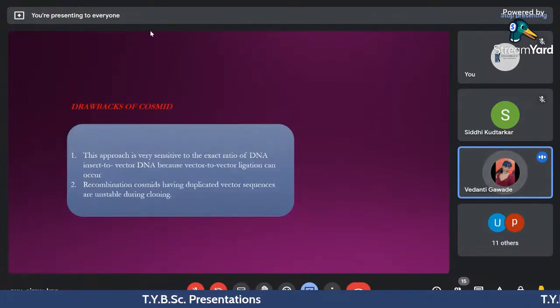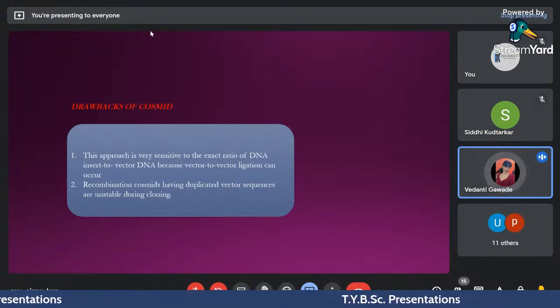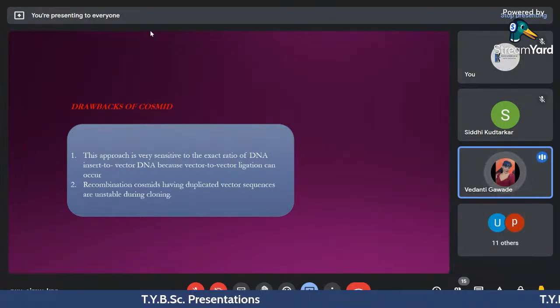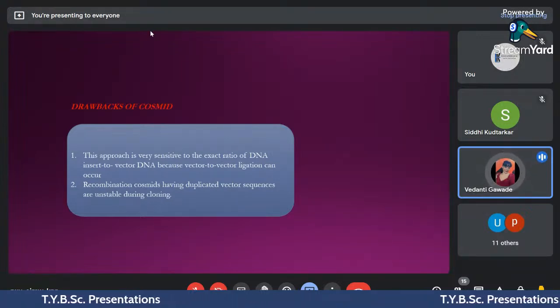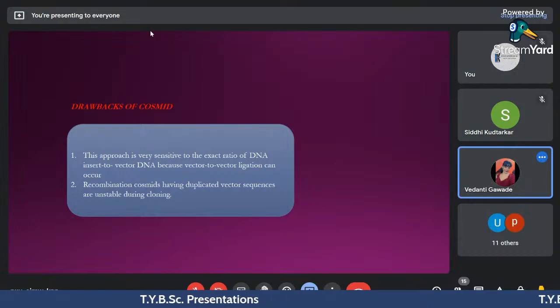So there are drawbacks also. This approach is very sensitive. We need the exact ratio of DNA insert to vector DNA because vector to vector ligation can occur. And recombinant plasmids that have duplicate vector sequences are unstable during cloning. Next,